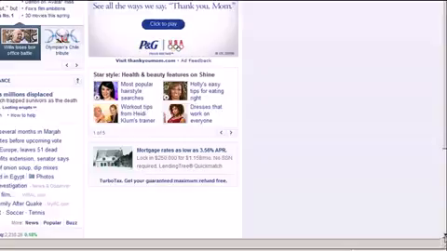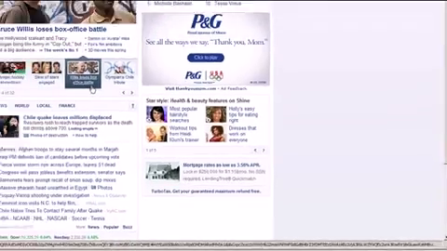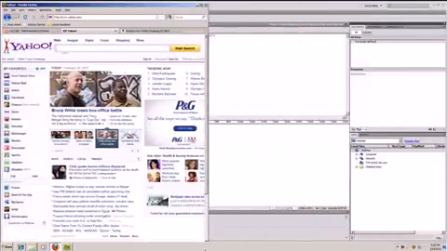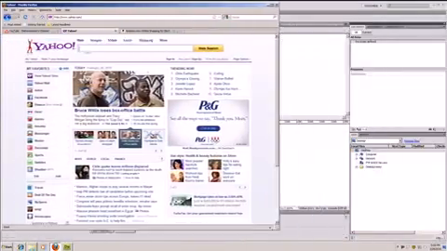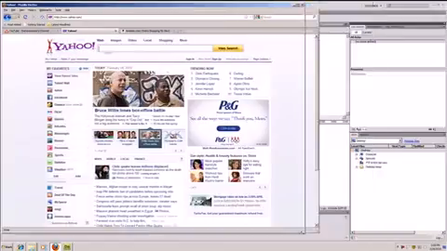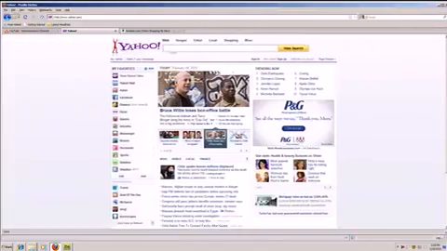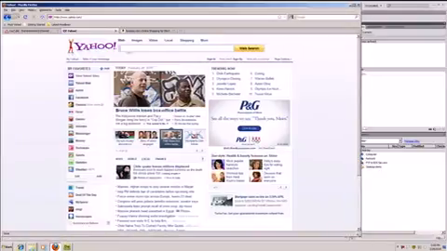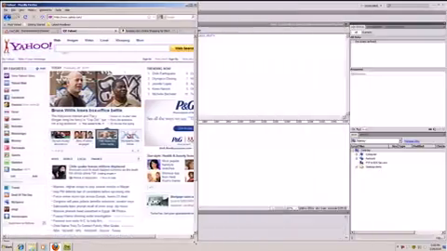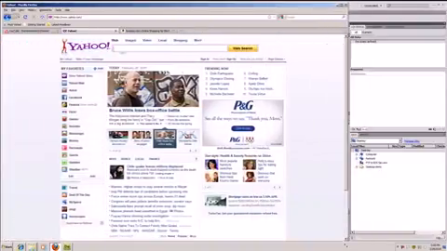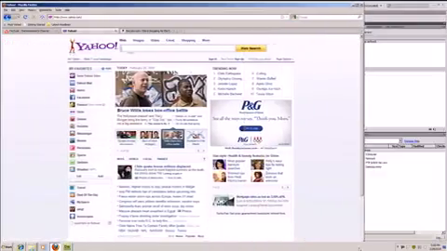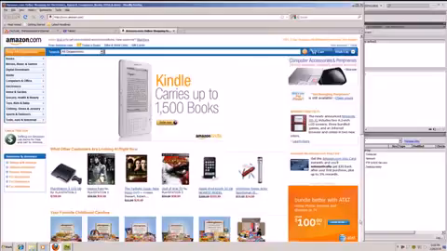The first one is a fixed width layout, and I'm at yahoo.com, and as you can see, when I change the size of the screen, the width of the main content, which is also called a wrapper, stays the same. And I'm going to go to Amazon, and as you can see,